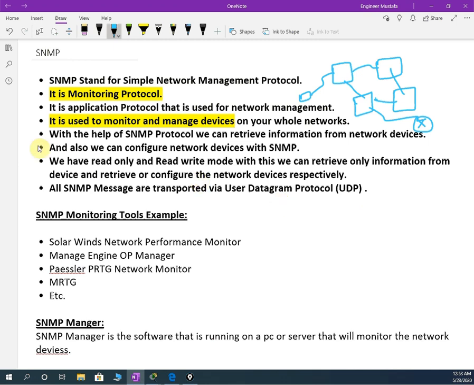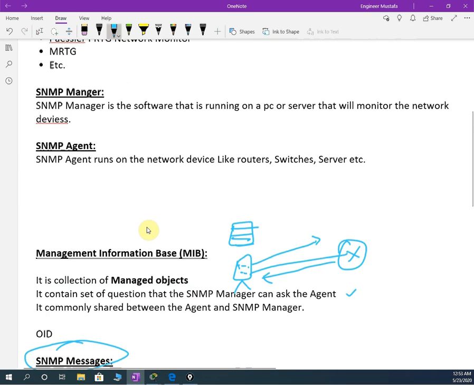In the dashboard we will see what is going on, what the behavior is, and all that. Okay, and the data, depending upon the SNMP manager system, is organized in the MIB. What is MIB? As we discussed, MIB is nothing but a Management Information Base. It has the list of whatever needs to be checked, and the agent and the manager both share these questions. They will ask and they will reply.